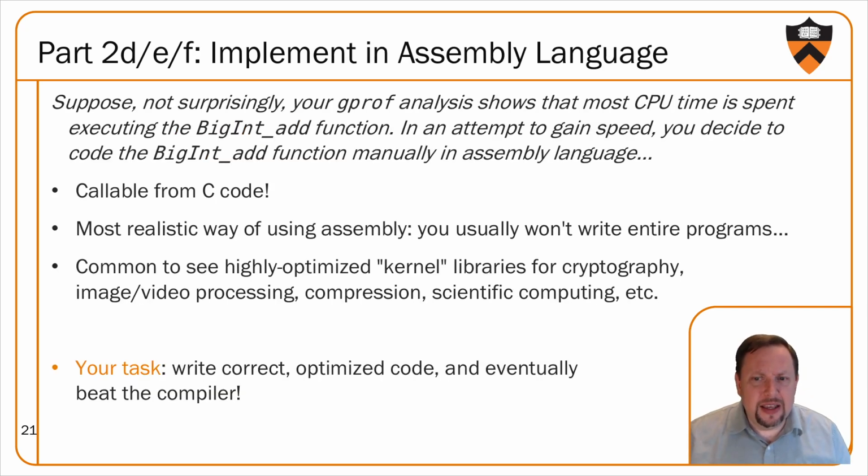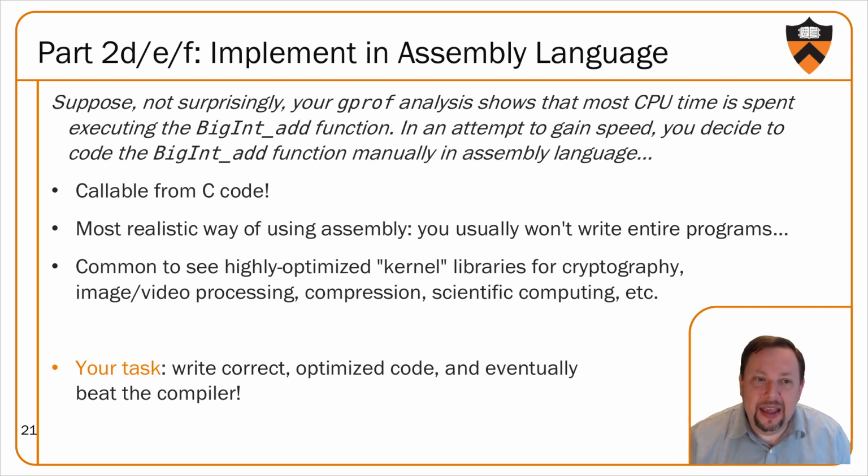So hint, hint, gprof probably is going to tell you that most of the CPU time is spent in BigInt_add. Well, not surprising. Basically the way you compute Fibonacci numbers is you repeatedly add two numbers together. And so for parts D, E, and F, you're going to be rewriting the BigInt_add function in assembly